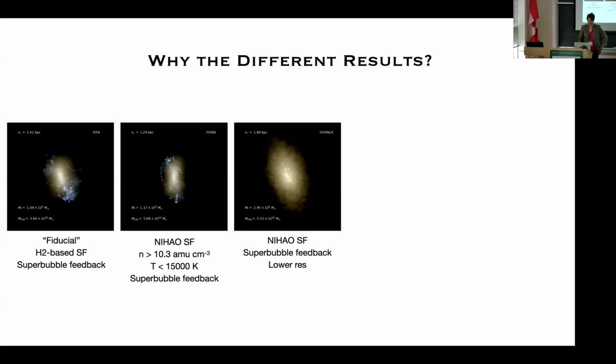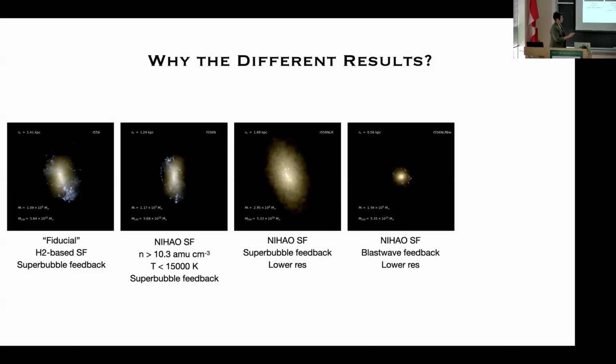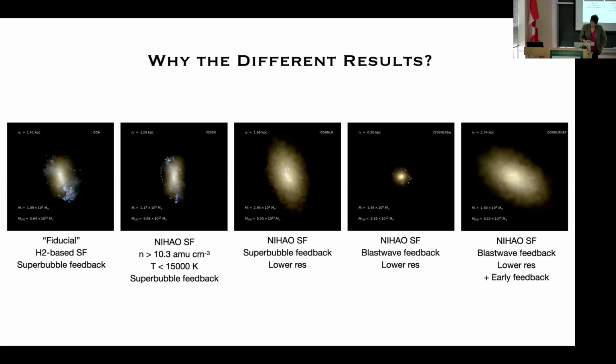They used blast wave supernova feedback, which shuts off cooling for a time. So here's that exact same thing where the only change I made is, at the same resolution and same star formation, I went from superbubble feedback to blast wave. And man, I get a compact thing out, like a super compact thing. So it's not blast wave that's doing it, okay? But this is still not what NIHAO did. They had one more factor, which is they had early stellar feedback.